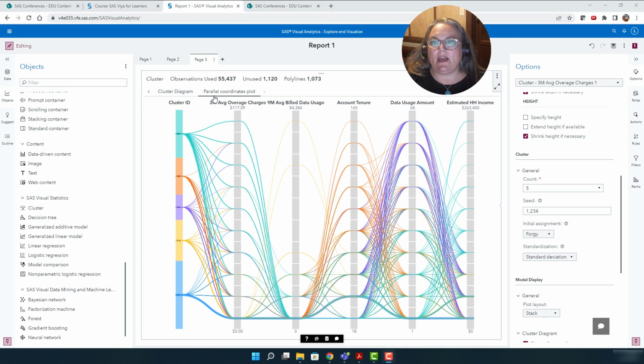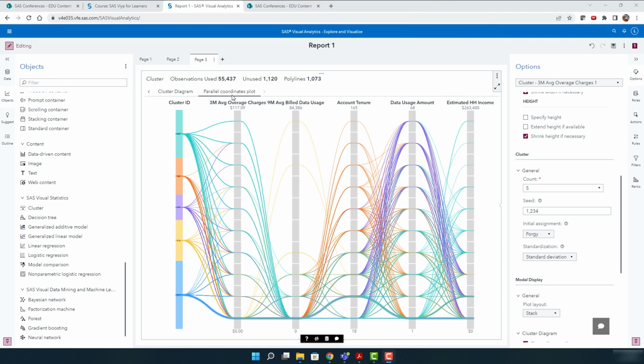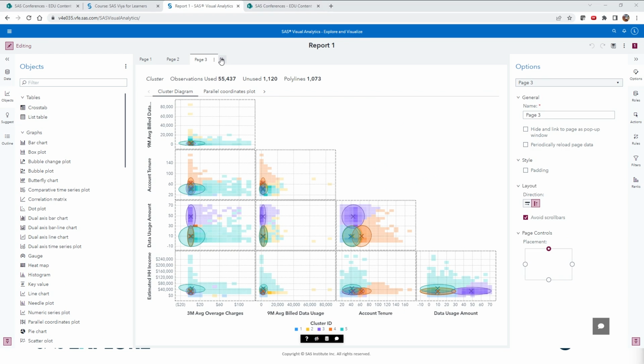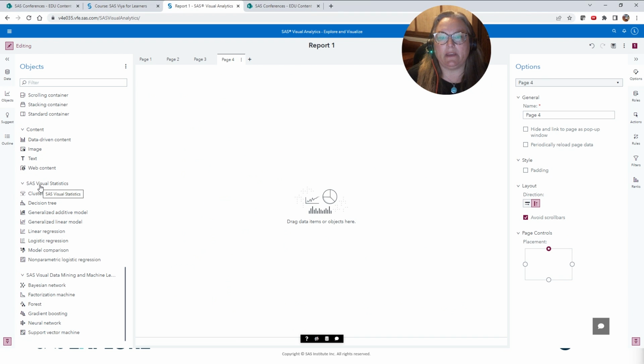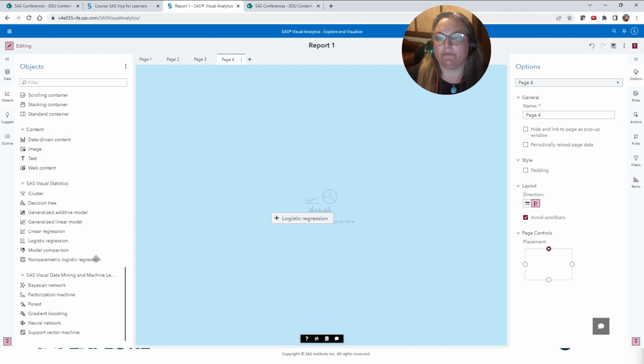So I'm going to go ahead and start a new page. On our new page, we will select the logistic regression object within the visual statistics category and just drag and drop that into the center.